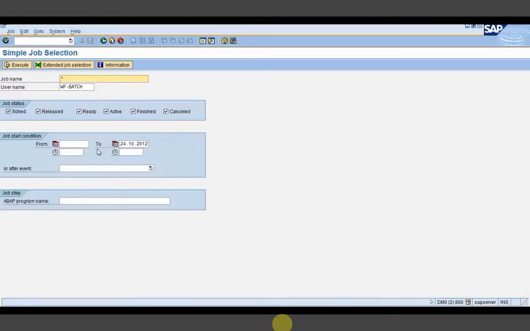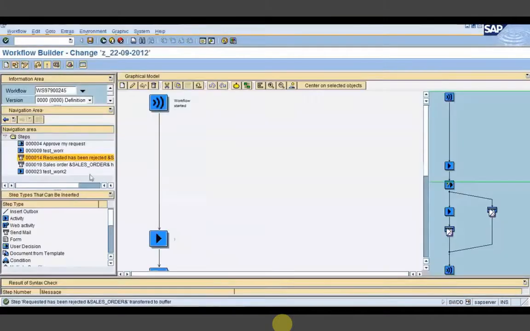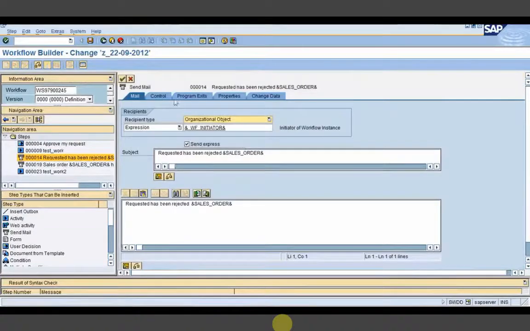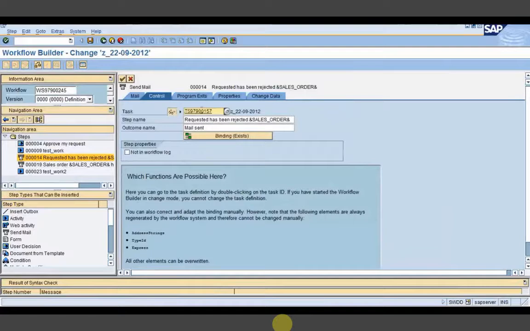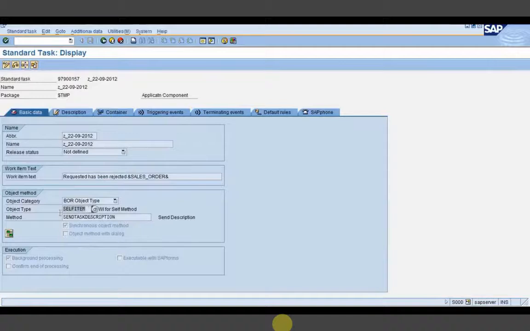Like we can copy that one, and if we keep it immediate, then we would have done that immediately, but that particular job is not found. You can see here, even in the send mail step also. Let me show you here. I was trying this for 1 week. Something has been done in this test server, so that's the reason it's not working.